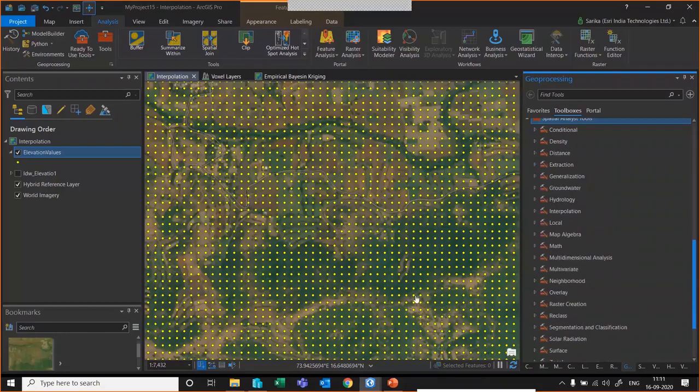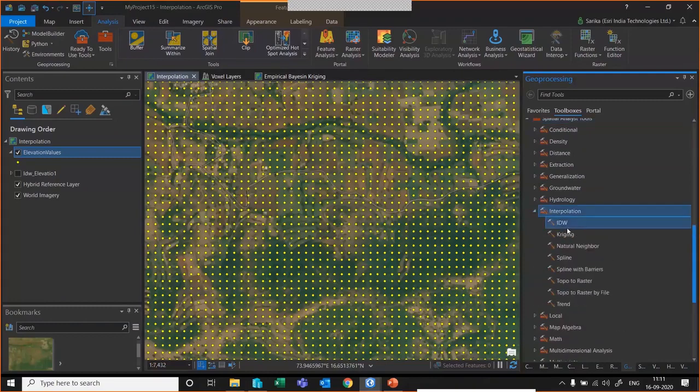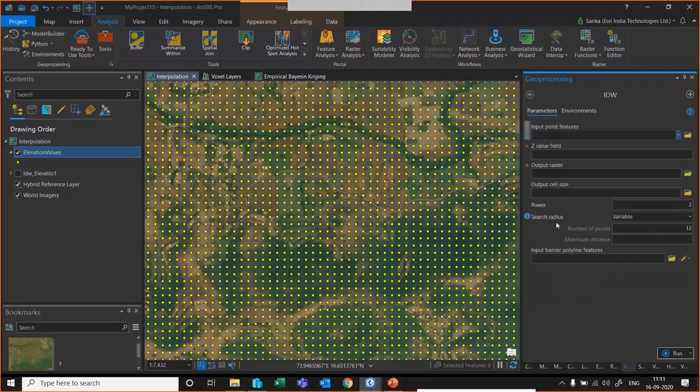For right now, I'll show you a simple tool using which we can interpolate or extract a raster out of it. Since we have the elevation values, I would like to generate an elevation model or an elevation surface to use in further analysis. For that, I can quickly click on interpolation. Once you click on interpolation, you can see there is a list of tools available for us. These tools are using different algorithms and so on. For now, let me choose the inverse distance weighted technique and extract a raster out of it.